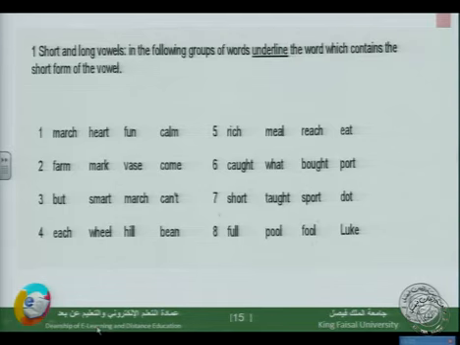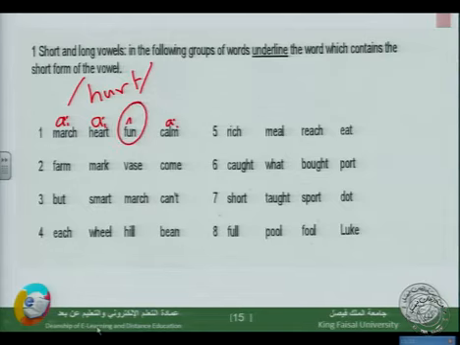The first one, march, hurt, heart, march, hard, fun, calm. كلها مش hurt. hurt هيك تكتب، معناها يؤذي، بينما قلب معناته heart، نحكيها heart. calm بينما fun. Which one then? Fun is the correct answer. It has a short form of vowel اللي هو